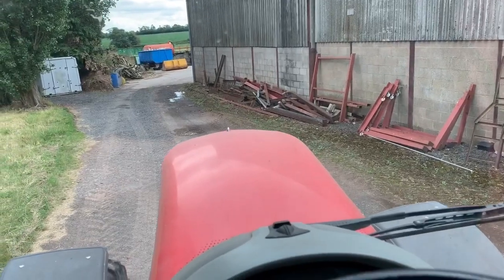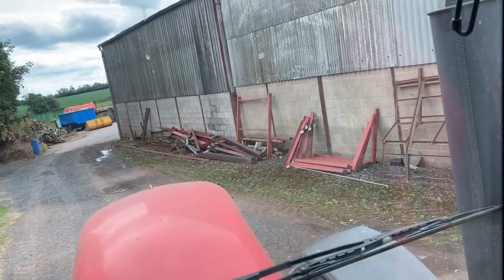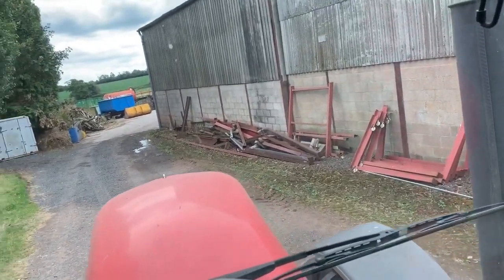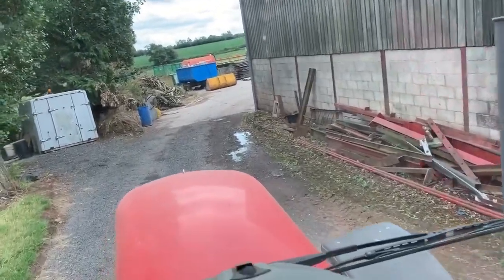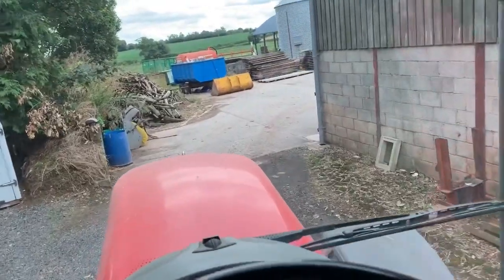Not loading very good at all, that end, but there we are. So what we're doing, like I said at the beginning of the video, is taking the grain from the one grain store and taking it around the back. So we're all in around the back. So we're back in. I'll tip this off and then I will show you what